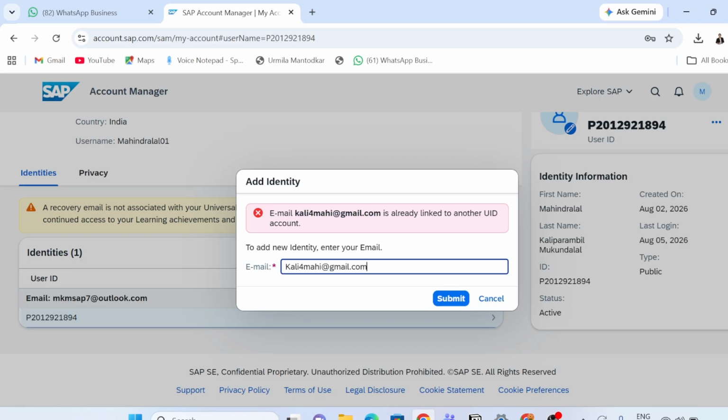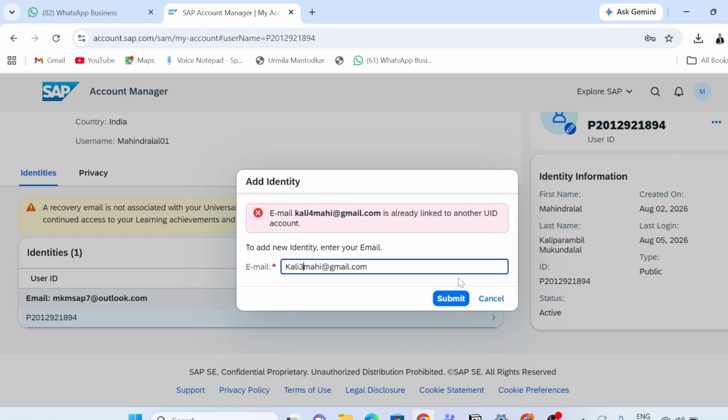Okay, so this email is already linked, so we have to give another Gmail, because this is already added maybe to another user ID. It's already linked to a universal ID, so we can't use this one. We are going to use some other email.